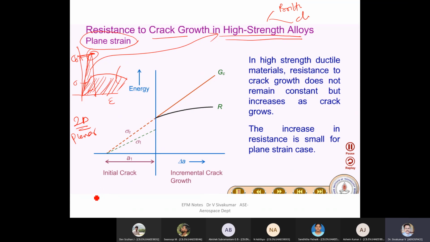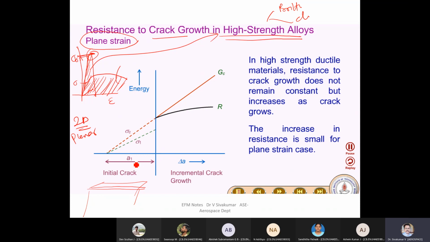Because thin structures are really susceptible to fracture and cracks. Solid structures we don't bother about, but thin structures, that is where it matters. Thin structures mean either plane strain or plane stress. You know very well the difference between them. Now you can see here